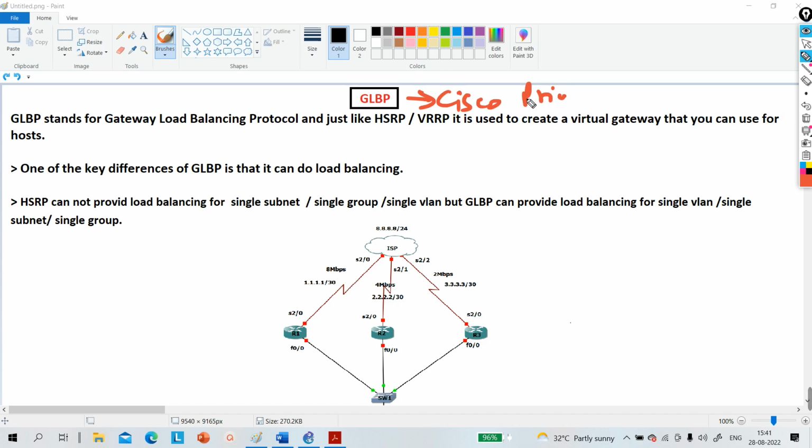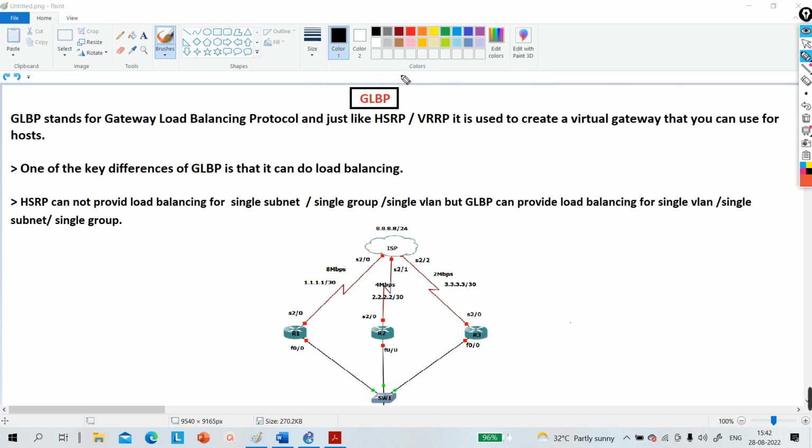For non-Cisco devices, we have only one protocol, that is VRRP. By default, we cannot perform load balancing in VRRP, but by creating multiple groups, we can perform load balancing in VRRP as well. But if the devices are Cisco, we can use the GLBP protocol,